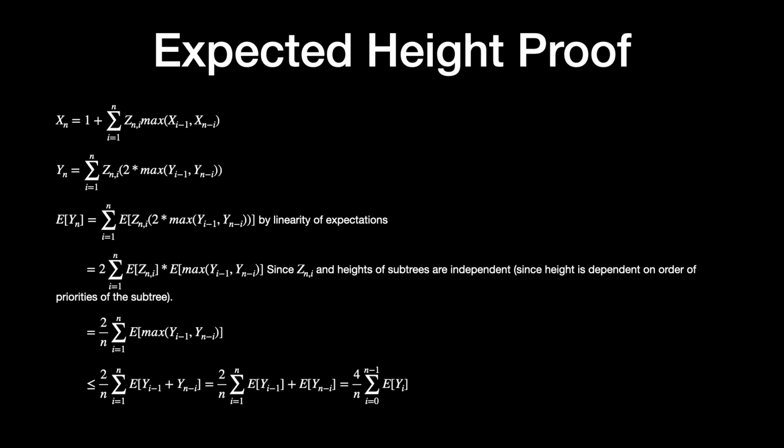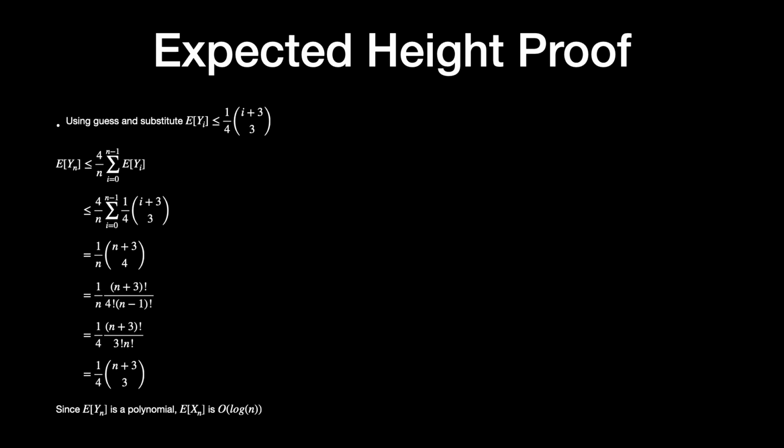minus 1. After this, we apply guess and substitute. We claim that expectation of yi is less than or equal to 1 by 4 times I plus 3 choose 3. And we prove this is true. So expectation of yn consequently would be less than 4 by n times summation of I equals 0 to n minus 1 based on the previous expression. Expectation of yi, which is less than or equal to, based on the guess and substitute, the value that we've guessed, 4 by n times summation of I equals 0 to n minus 1, 1 by 4 times I plus